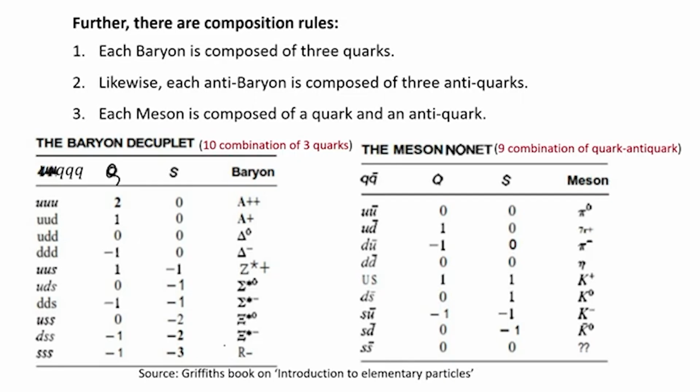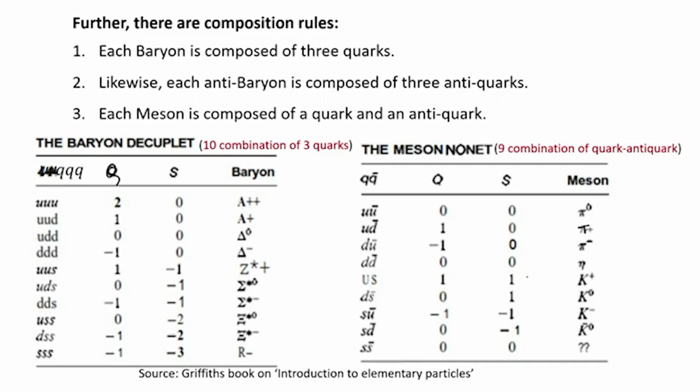So, all these particles, the baryons, are listed, and their quark compositions are listed as well. And you have the mesons on it as well. So, there is a UU bar and a UD bar, then the DU bar. UU bar makes a pi 0 meson, and then you have a UD bar which makes a pi plus, and then you have a DU bar which makes a pi minus, then eta particle,